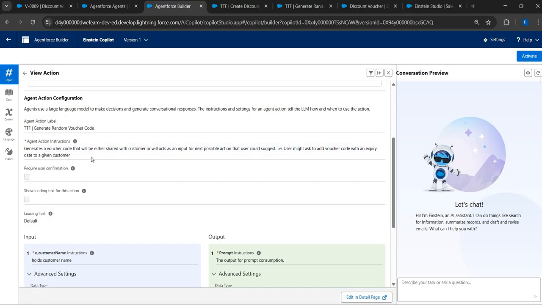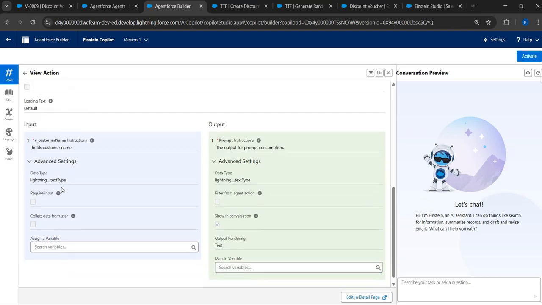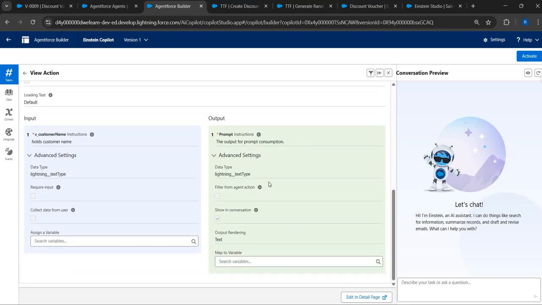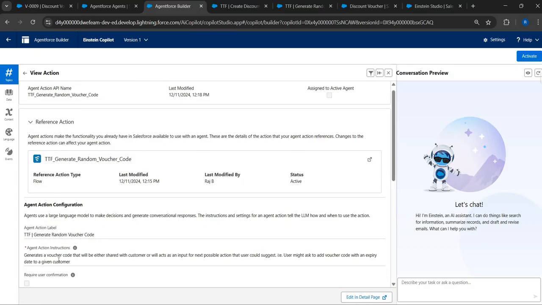I'm just giving an instruction saying that hey, you have to use this flow to create a voucher code when the user is asking you to create a voucher code, etc. And if you remember, this is the input parameter, the customer name, and it will simply return the response. All we have to do is just provide the instruction. This is number one. Number two,